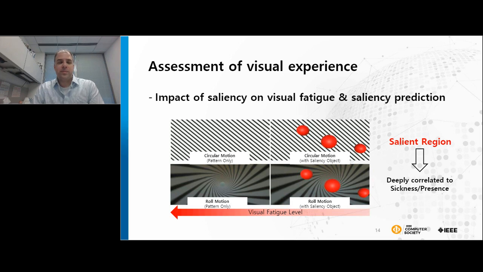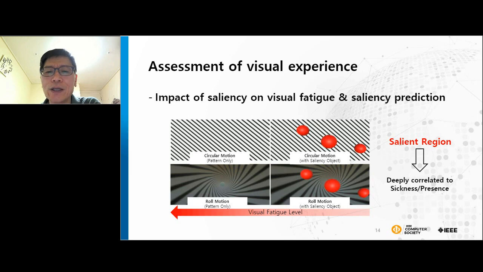Okay, here is an example of salient objects. In this case, I ask the users which one they are looking for when they watch this video. Maybe, according to the user, somebody looks at this area and somebody looks at that area, because in this video we don't have many salient objects. But on the right-hand side,